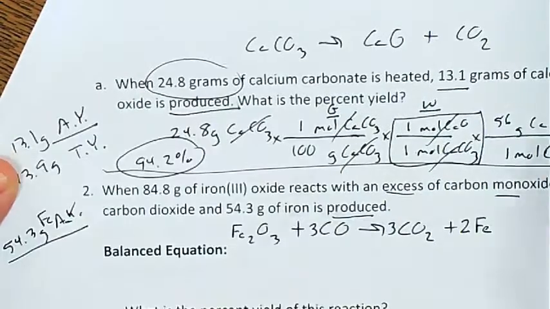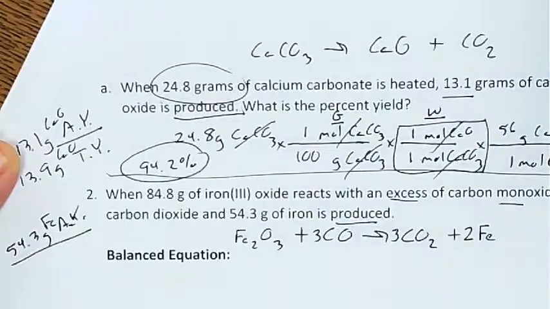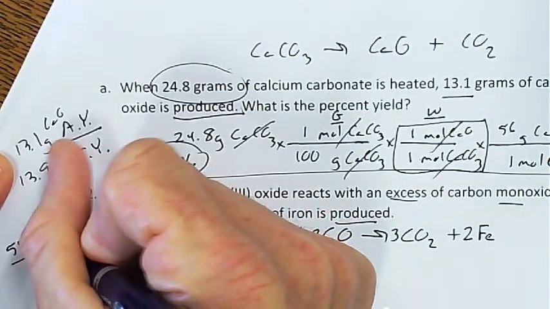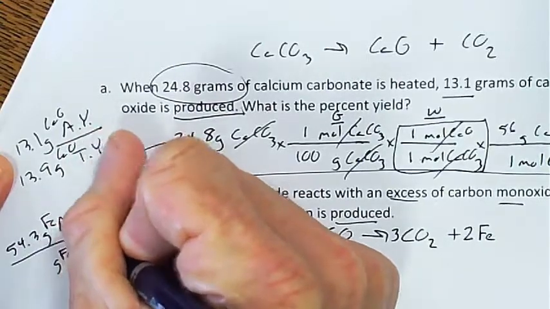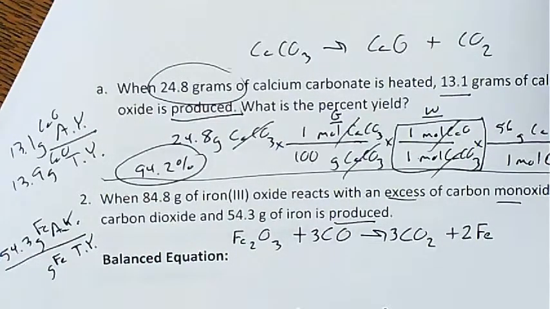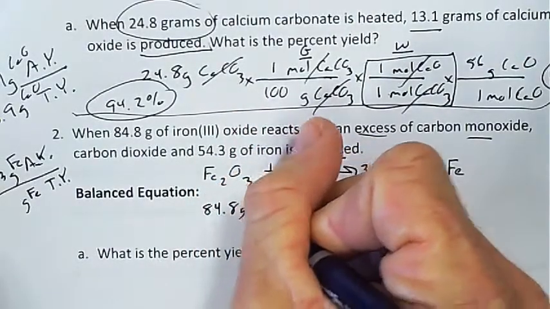And again, I should have listed up here what this was. So this is calcium oxide is what we're solving for there. So you're going to solve for how many grams of iron you get theoretically. It'll be theoretical yield of iron. It's just a normal problem. You're just solving for how much iron you'd get on paper. It's in theory. So you got 84.8 grams of